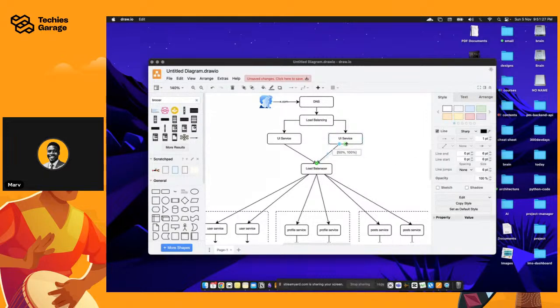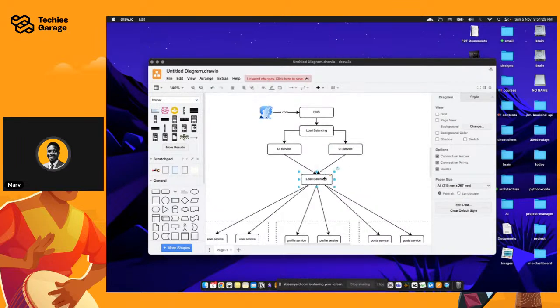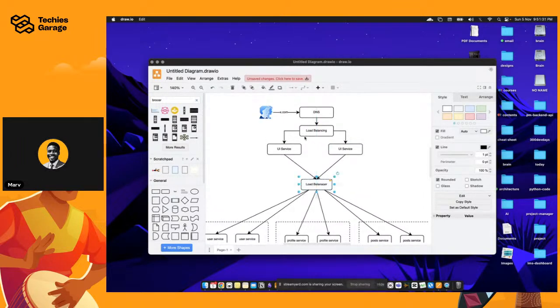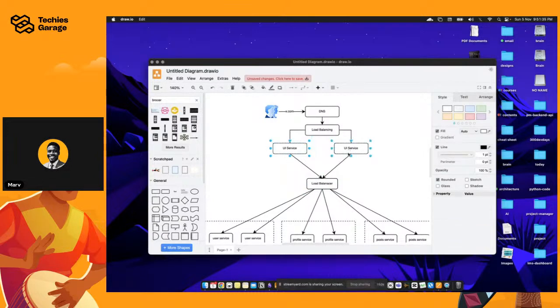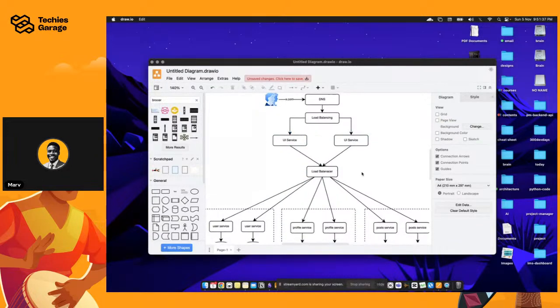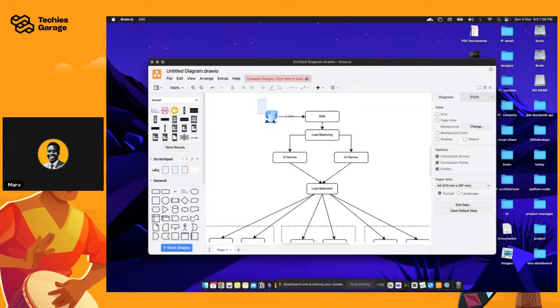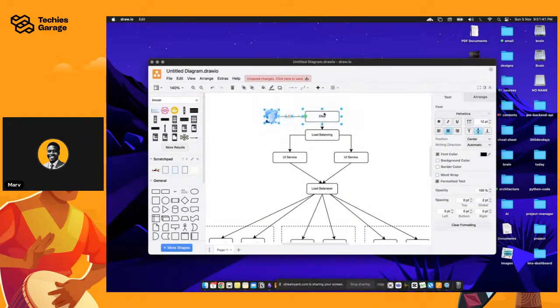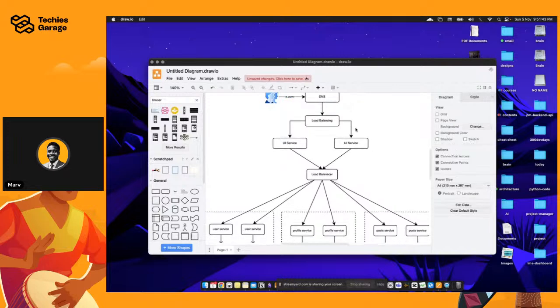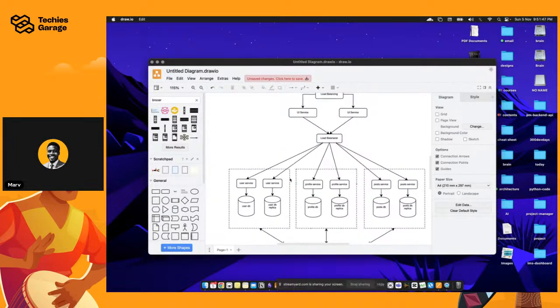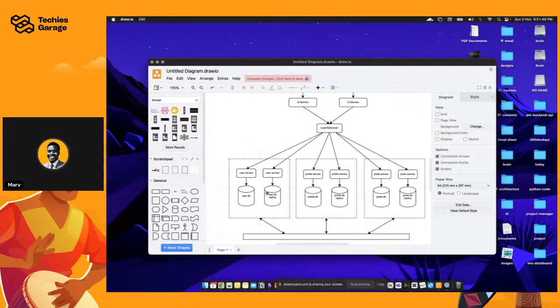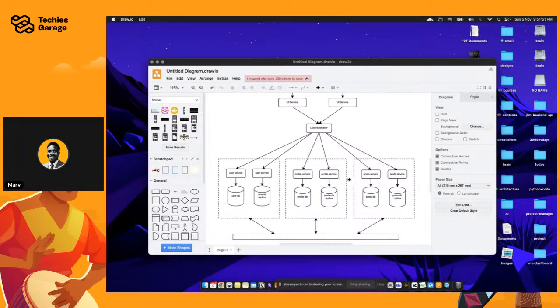So in order to explain what you're seeing here, we decided to first set up a load balancer for the UI service because we have two UI services. Then both UI services communicate with the backend by sending the request traffic into this load balancer that then balances the load across the multiple services that we have, the user service, the profile service.